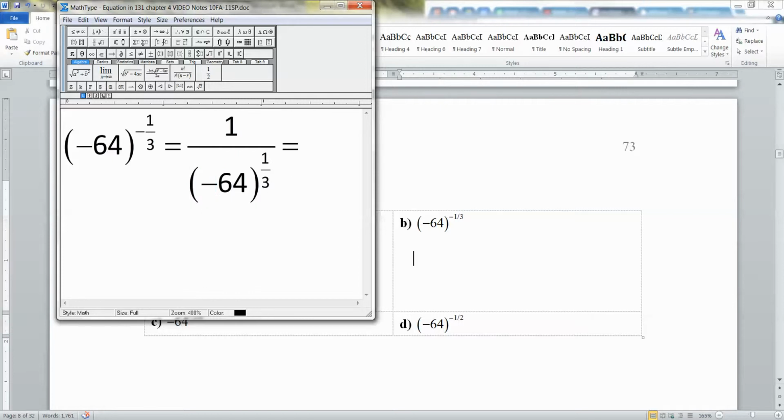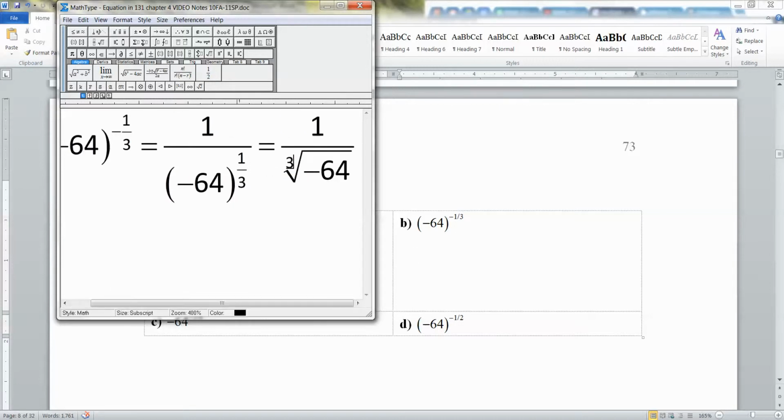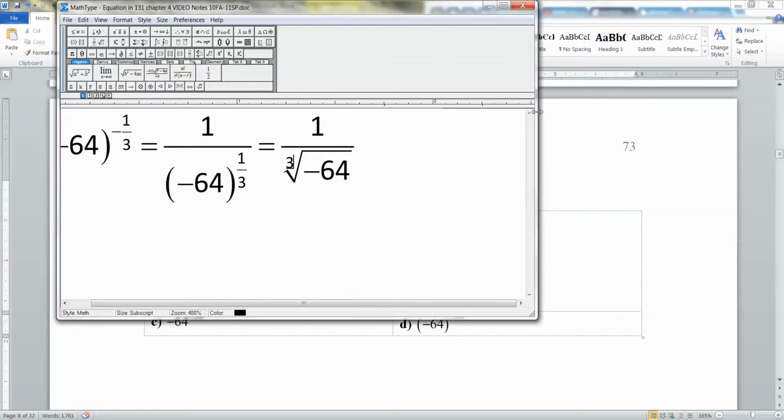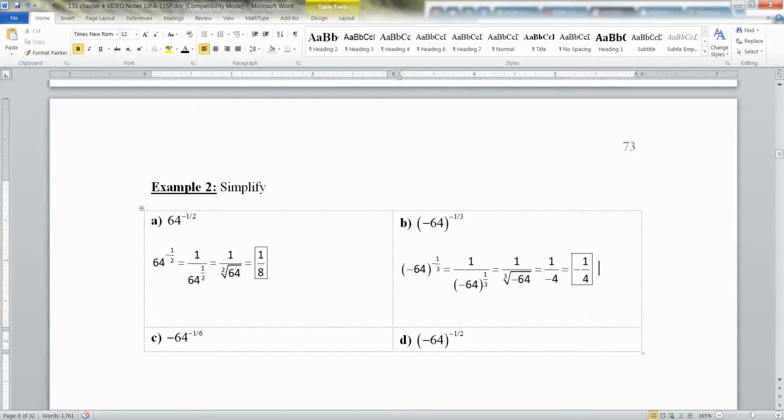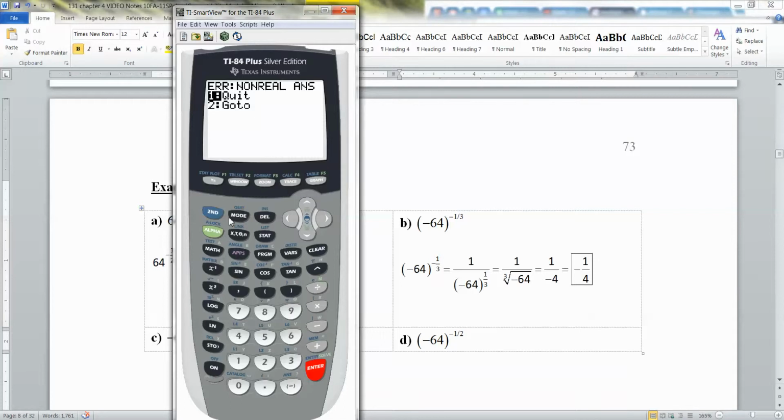All right, so now this is equal to 1 over, what you're finding is the third root of -64. So you need to think, okay, what times itself 3 times would get me -64? Now I happen to know just off the top of my head that that's -4. But how could you get it if you don't? Well, one, you should try to learn your numbers a little bit, but two, you could always use your calculator to help you out. Okay, so let me quit, because that one was an error. And let me do